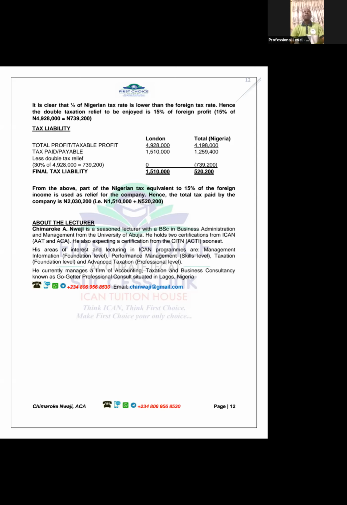Let me give an example. This Nigerian player, Mikel Obi, is domiciled in Russia and is not resident in Nigeria. Because he is from, I think, Delta State in Nigeria, his state of origin doesn't matter. Is he in Nigeria for up to 183 days? No. And so his income is not taxed in Nigeria. But if he starts doing business in Nigeria, he will be taxed.